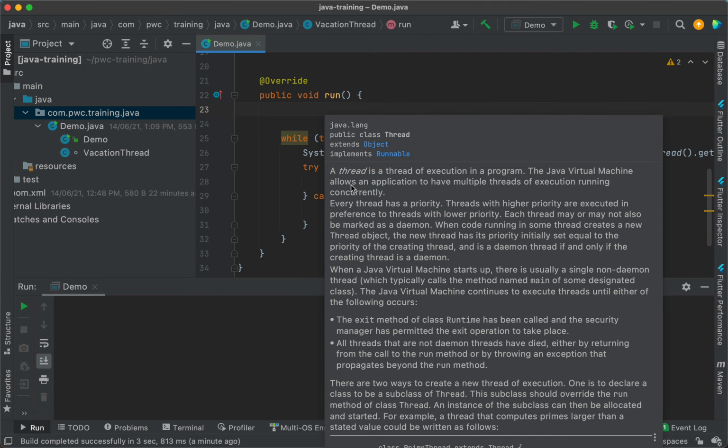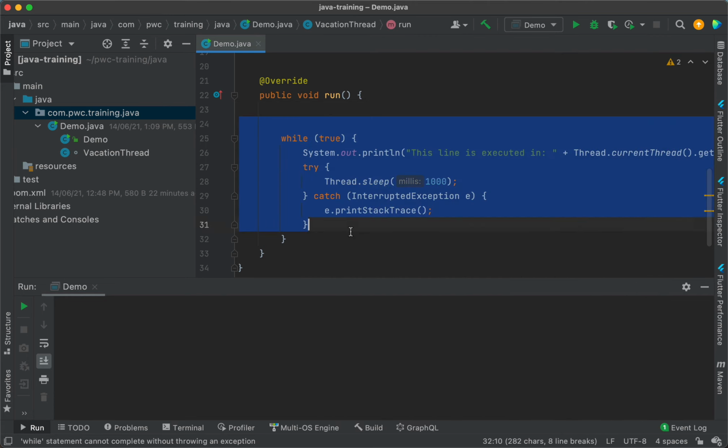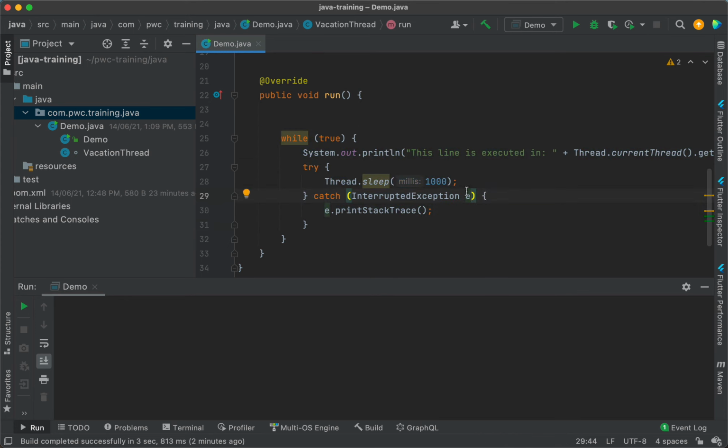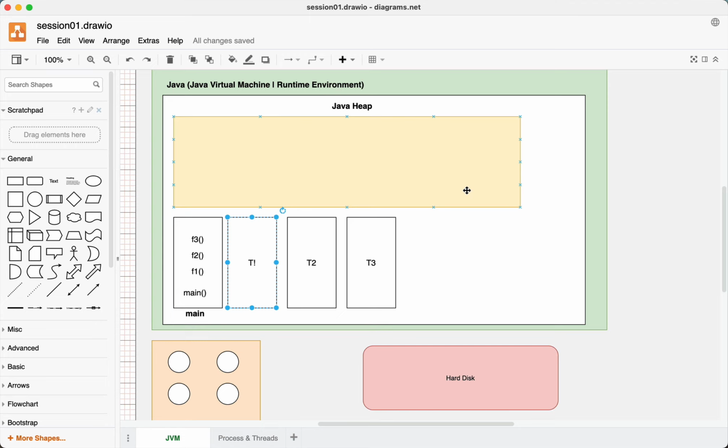I'll repeat my question. If I start executing the functions from here onwards, in the same thread, those functions will be pushed into which one of the two threads, main or T1? When I call the functions from T1, needless to say, it will start pushing the functions in the T1 thread, isn't it? And when the entire flow is completed, after that the thread has got nothing to do.